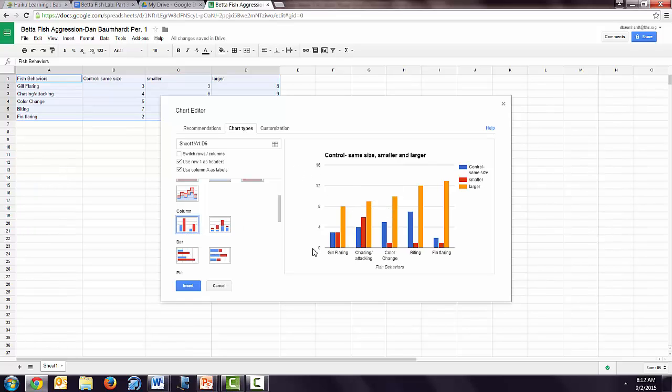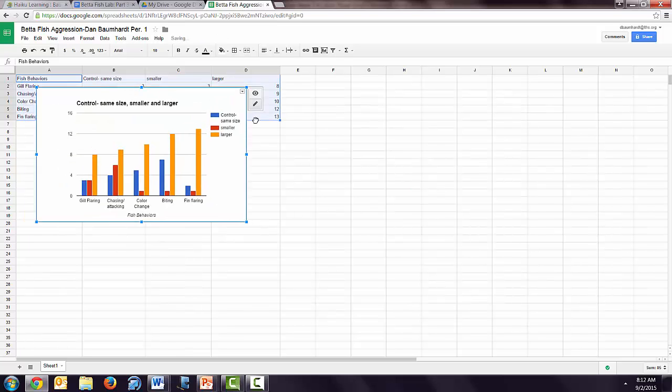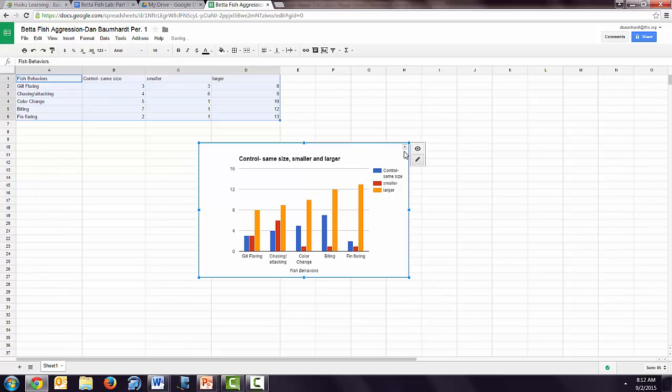You'll notice there's no labels on here. It'll give you some rough ideas of what's what. It also has a color key for you. So you click Insert. You should be able to click and drag that sheet around. Over here on the right-hand side, if you drop this menu down,